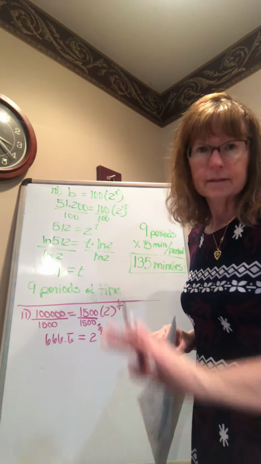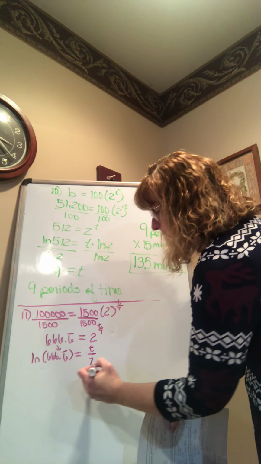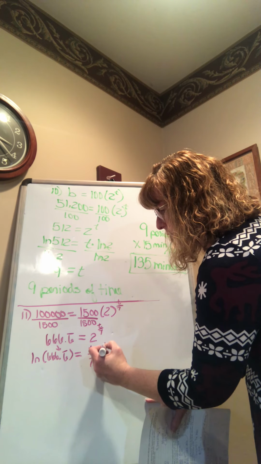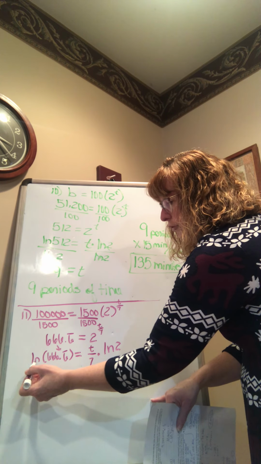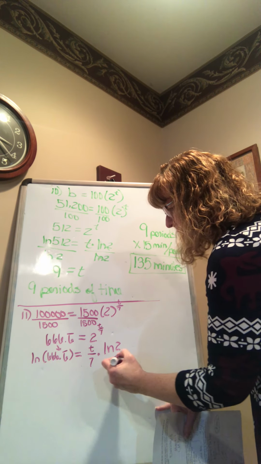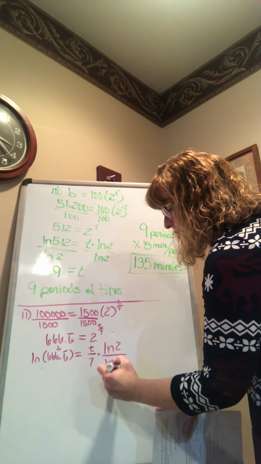Now we're going to put a natural log on both sides. And again, you can just put second answer, which is exactly what I would do here. Natural log, second answer. And then the t over 7 comes down in front with the power rule, natural log of 2. So if you have the natural log of the answer, and now you divide this by the natural log of 2,